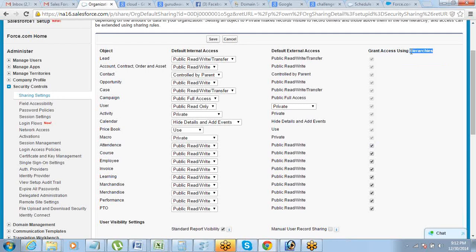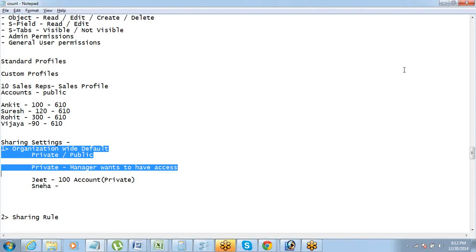Let's say Sneha is my manager and Narayan is Rohit's manager. Because we have given access through hierarchies, Narayan will get to see Rohit's data. He will not have access to my data, and my manager will have access to my data. So based on the hierarchy, the way it has been defined. Alright. So that's the solution to the third challenge.